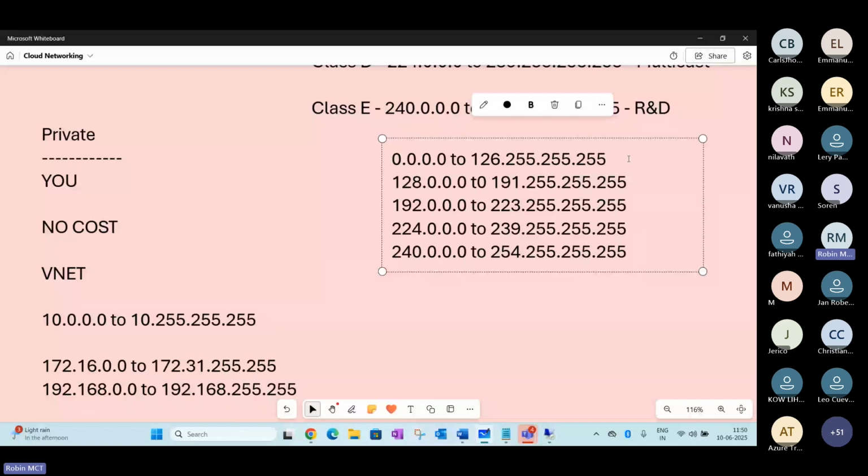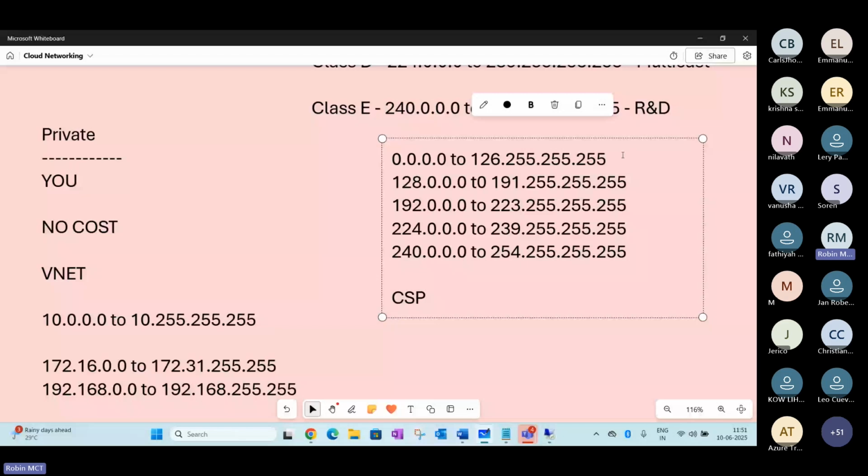Normally it's assigned for all the resources here, and this is assigned by Microsoft Azure. So you don't have any option to say that you need an IP address of 7.7.7.7. You only have the option to reserve an IP address once Microsoft has assigned it. Other than that, you don't have any option to select a range here. That is not possible. That is the solution available in the cloud.